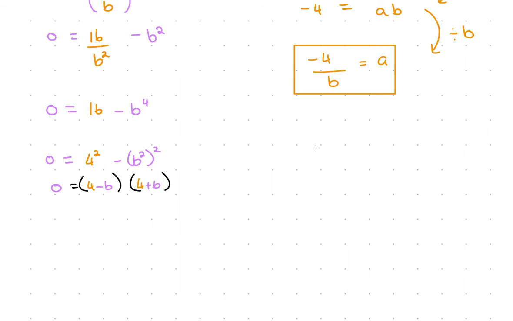Looking at this now, I can see I've got two things multiplied together, because that's what the bracket means, multiply. If I have two things and they're multiplied together and they give me 0, that means that one of them must be 0. So I can only ever get 0 as an answer for multiplication if this one was 0 or if this one is equal to 0. So I'm going to write that out now. 4 minus b must have been equal to 0, or 4, now I've done something wrong there, 4 plus b